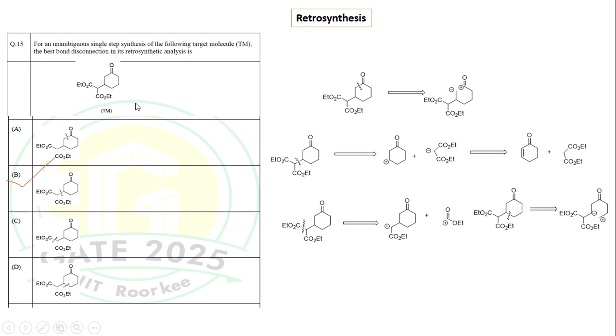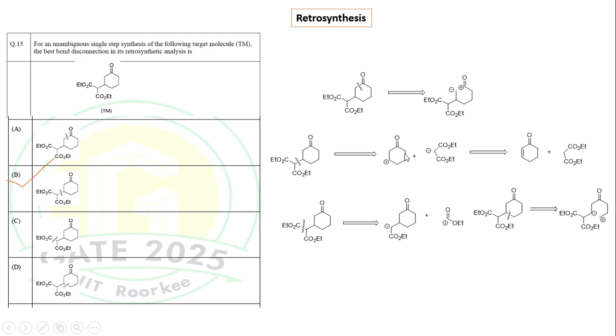The right option for the synthesis of the target molecule is B, and this can be explained as follows. If we cleave the carbonyl C-C bond, then a positive charge is created on the carbonyl carbon and a negative charge on the CH2 carbon, and this negative charge is not stabilized by any electron withdrawing group. But if we cleave this other C-C bond, then the negative charge is created on the diethyl malonate carbon, which is stabilized by two electron withdrawing groups, and the positive charge